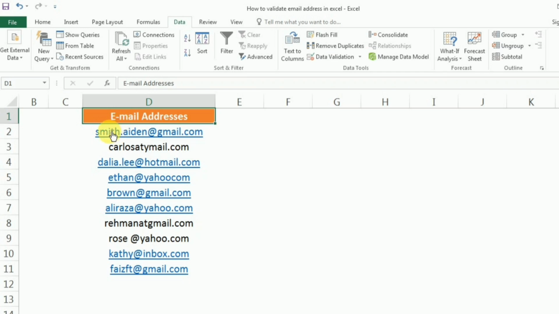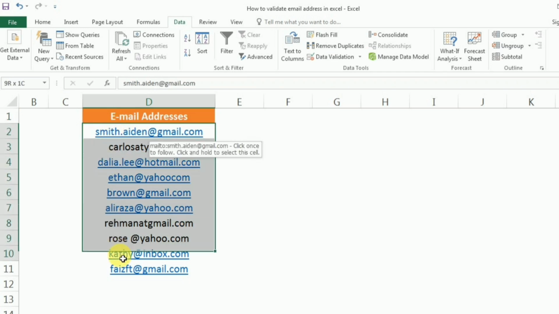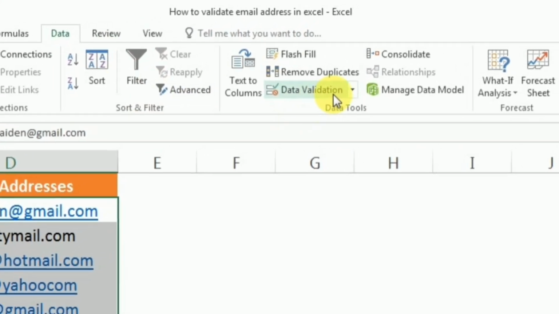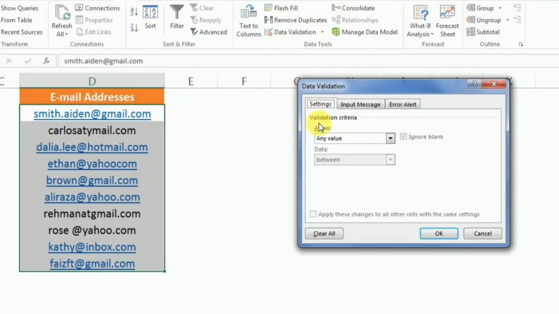First of all, I will select all the email addresses. Then under the data tab, I will go to this data validation. Here I will select custom, and in formula I will write the formula, and here I will write equal. Because I will be using multiple conditions, so I will write AND